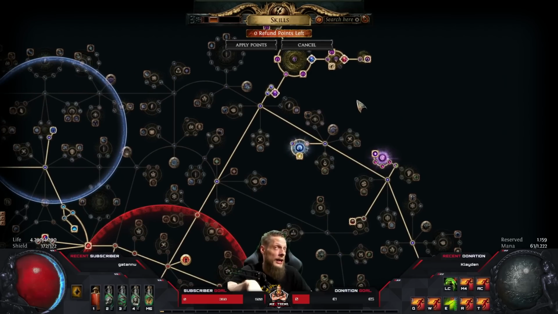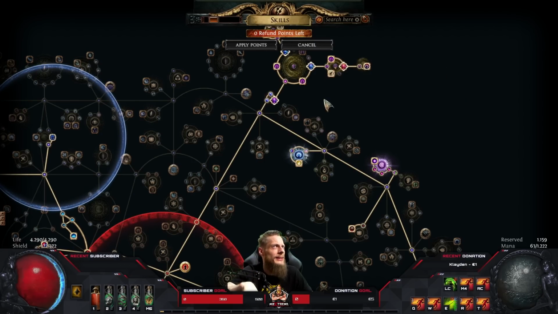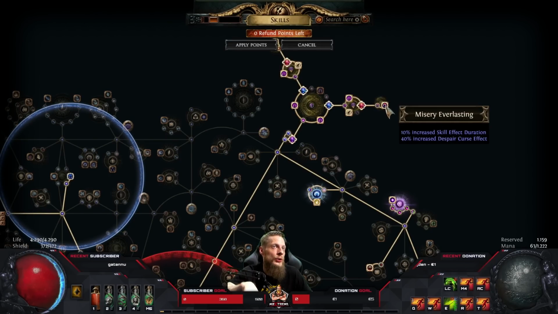And if you say, okay, I actually struggle with chaos resistance, then take Flow of Life and Student of Decay. Student of Decay is another node that gives you, I think, 13 chaos res and some damage over time. So you're flexible on that, but they are all about 3 exalts a piece with a medium, right? And for the small one, you want to stack the Misery Everlasting, which is the node that gives you Despair